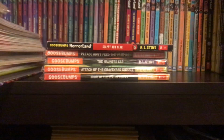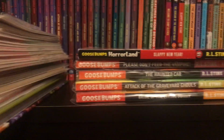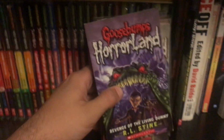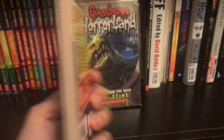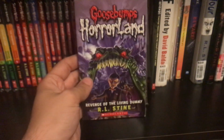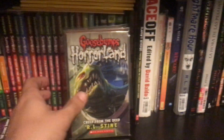And this little set here took forever to complete, but I finally got them. So I'll move this down here, actually. Might be easier. So here we have these mini books. As you can see right here, this is the Ryan's Country Buffet. We got the Revenge of the Living Dummy. Now this first one was only at the buffet place, right? But these next three